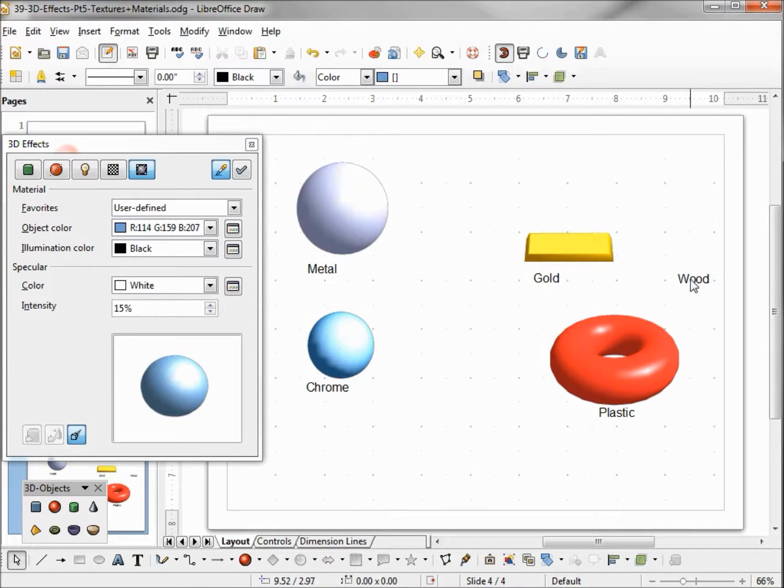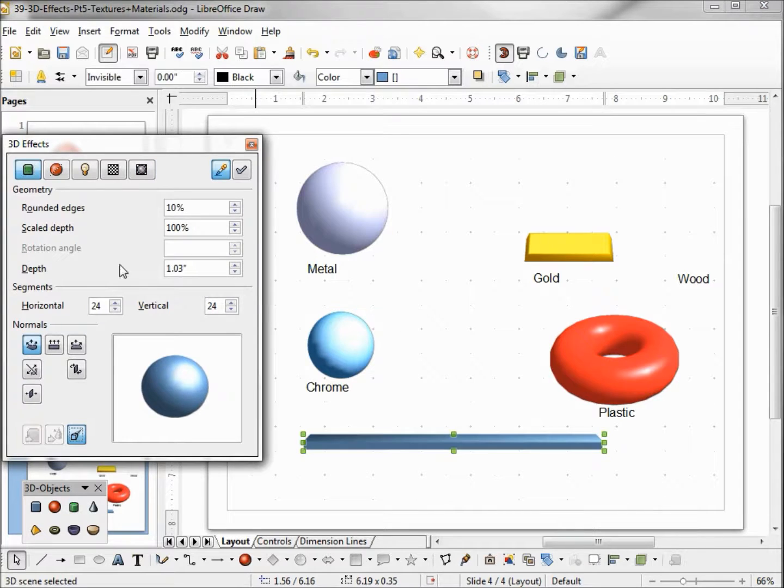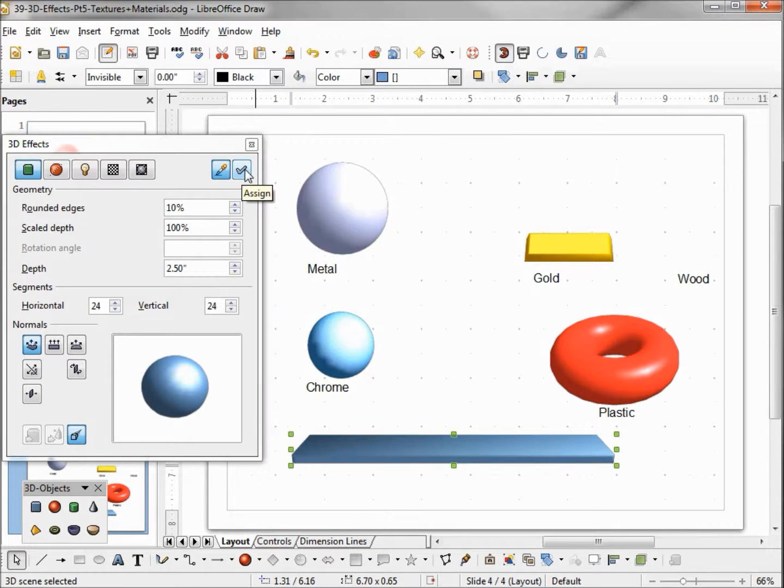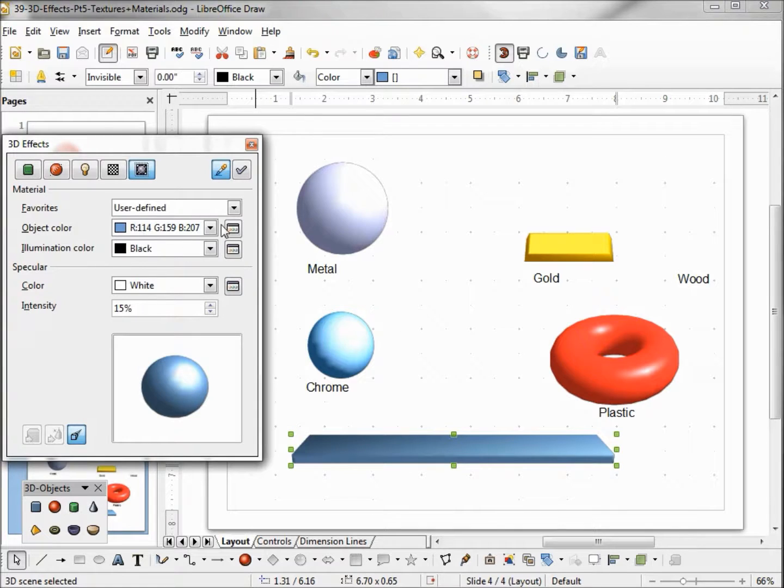And our last one is wood. For wood, we're going to add another rectangle. Make it a 3D object. We'll give it a depth of 2.5. Let's give it the wood material.